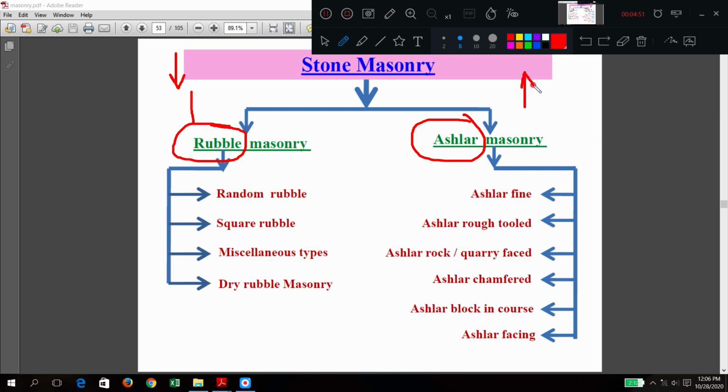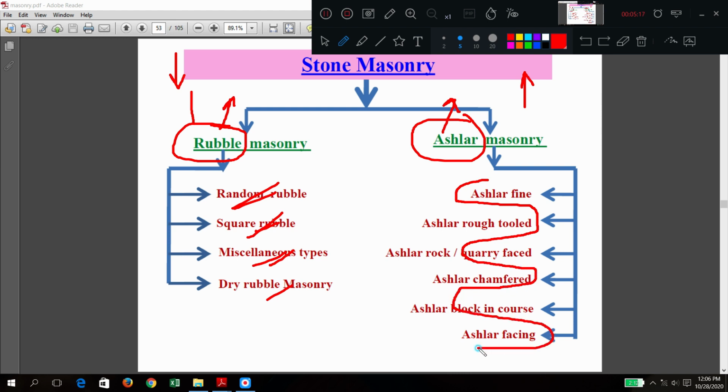Now I want to show one diagram where rubble masonry and ashlar masonry are there. In rubble also we have so many types: random rubble, square rubble, miscellaneous, dry rubble, like this. In ashlar also we have ashlar fine tooled, rough tooled, quarry tooled, chamfered, block in course, facing, like this.